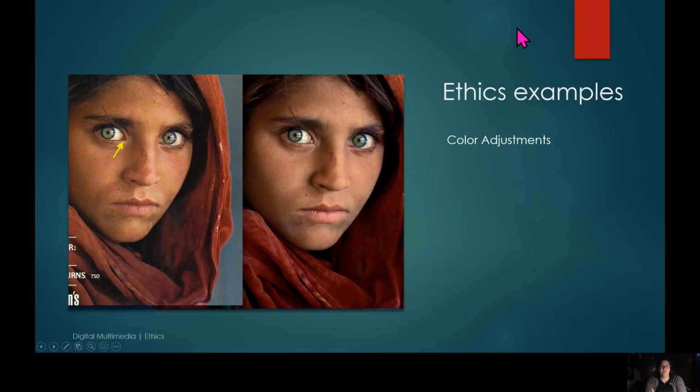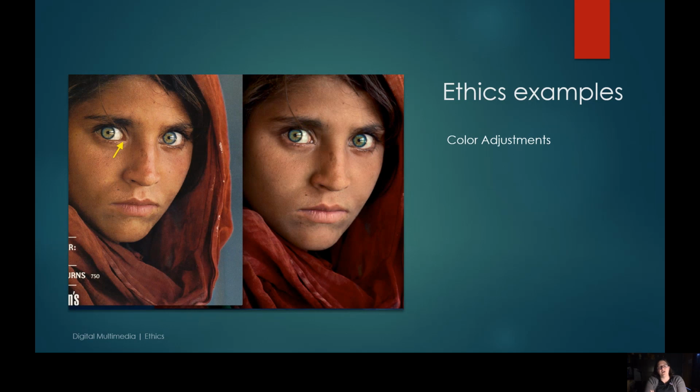First example I have on here of ethics examples. As I'm talking about this, I'm just going to put those ideas out there. I'm not going to say whether or not I feel they're right or wrong, or whether or not you should feel they're right or wrong. I want you to think about what I'm actually saying and how these would affect you in ethics when it comes to media. So the first one is